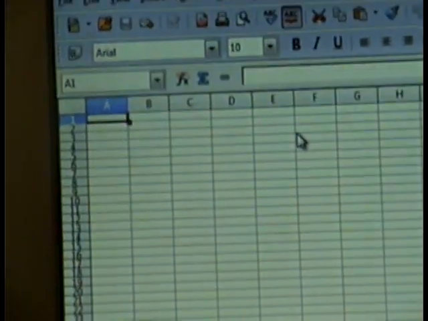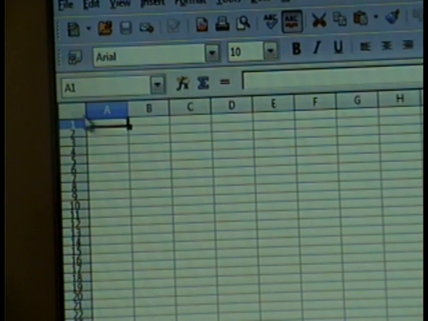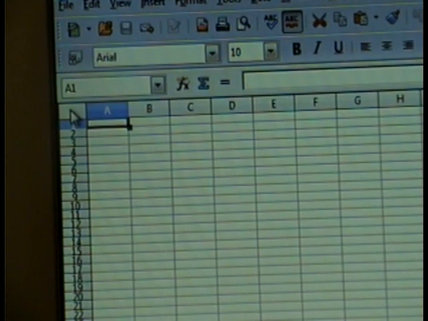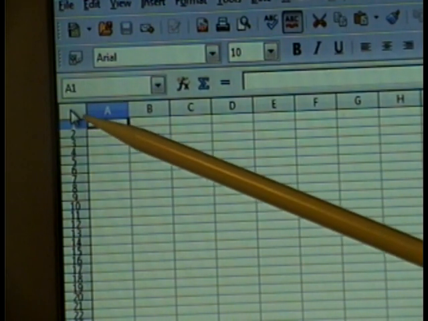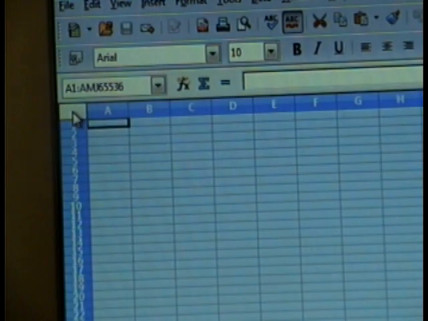Okay? So over here, on this computer, I have two monitors. I've opened up my spreadsheet. This one is OpenOffice.org. Excel works fine with it too. I just don't have it on this computer. You're going to click this square. What that does, that'll highlight everything. Then come up under